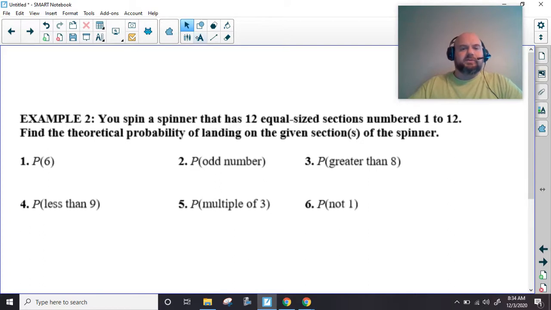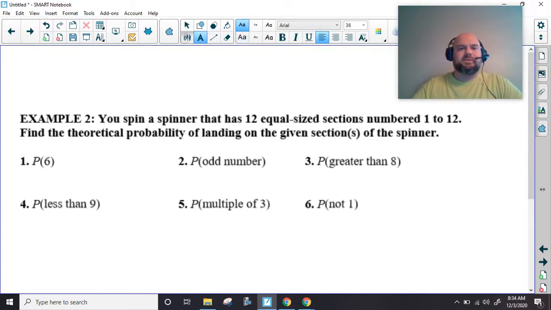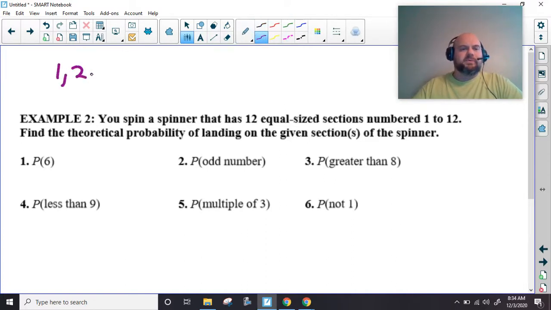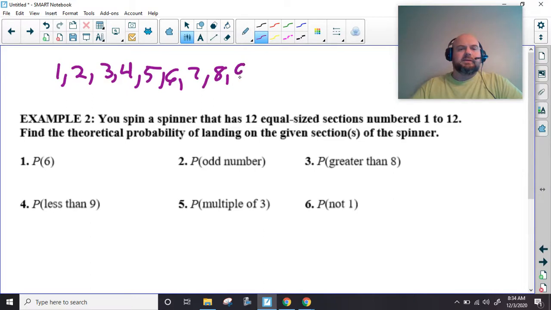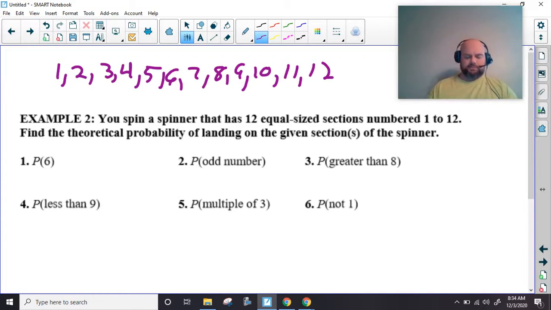So we have 12 equal sides. Now we've had this before in algebra 1, and a lot of people had a hard time with this. 7, 8, 9, 10, 11, 12. So what we are doing,